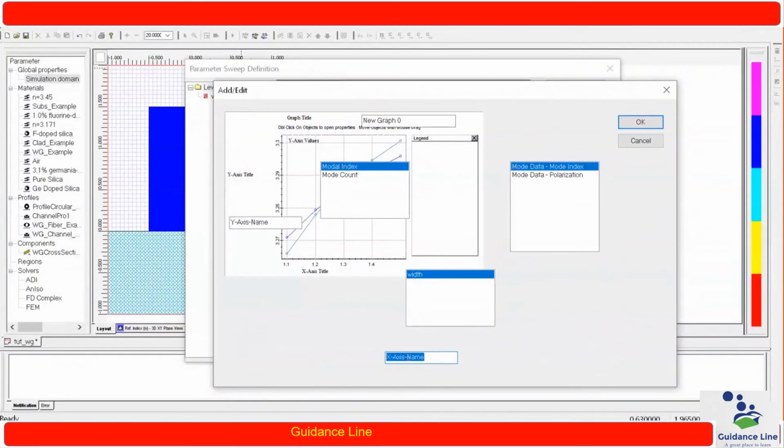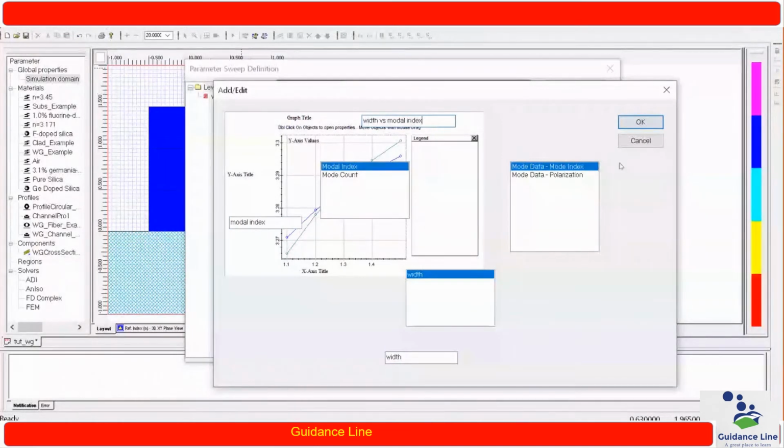So let us suppose I want the x axis name to be width, and the y label I want to make modal index or effective index. Next I want the title of this graph to be width versus modal index.